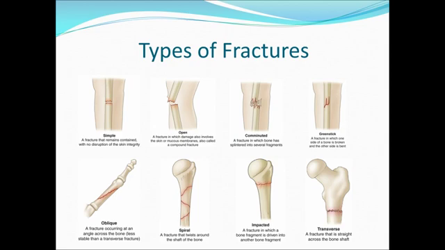Okay, but open fractures are pretty serious, because not only do I have a fracture, but I have the break in skin integrity, which is a portal of entry for infection. Complete fracture goes all the way through the bone, dividing it into two distinct parts. Incomplete fracture is only going to go through part of the bone. Simple fracture has one fracture line. If it's comminuted, it's going to have multiple fracture lines, and that's in multiple pieces. Those are a little bit more difficult when it comes to reducing them, getting them back in alignment for bone healing. Okay.